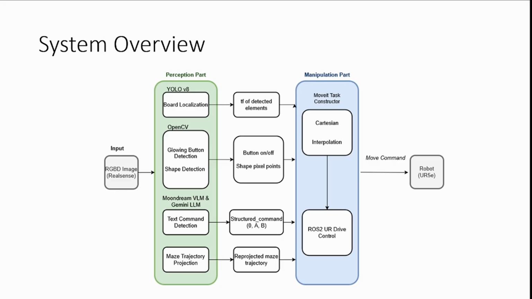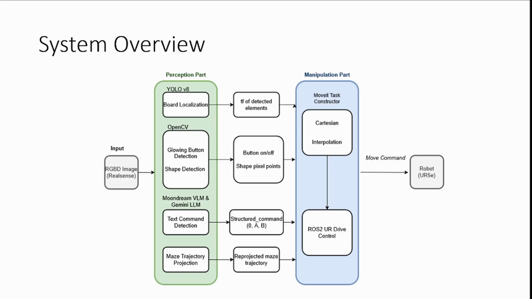The manipulation stage is mainly comprised of the MoveIt task constructor, which is used to generate the path and the poses in either the Cartesian or the interpolation space. The output from this stage is directly passed to the ROS2 UR driver, which further moves the robot and